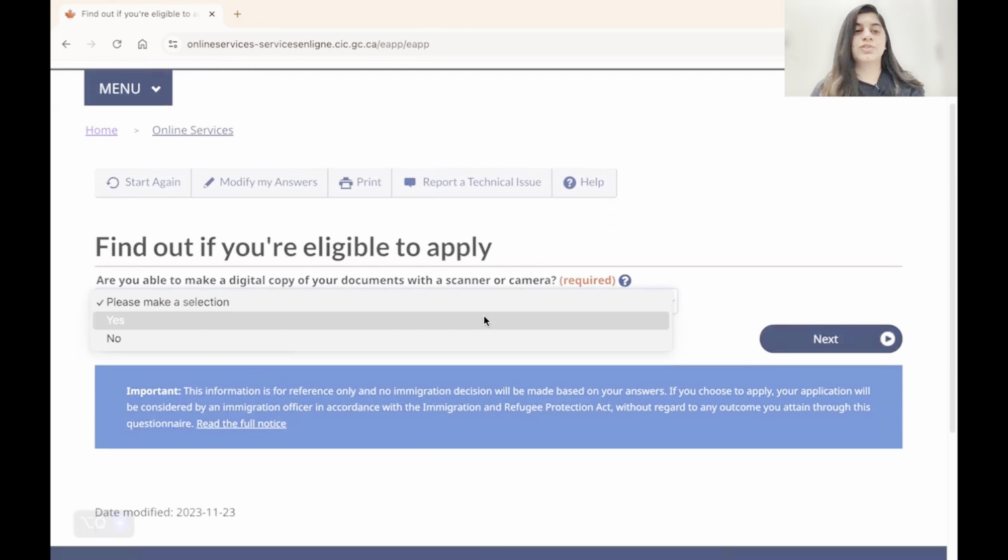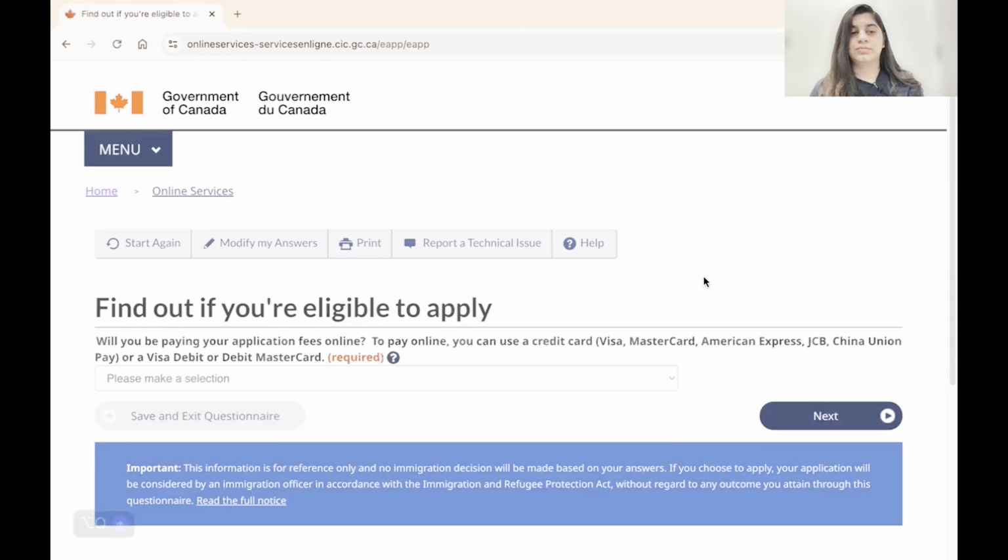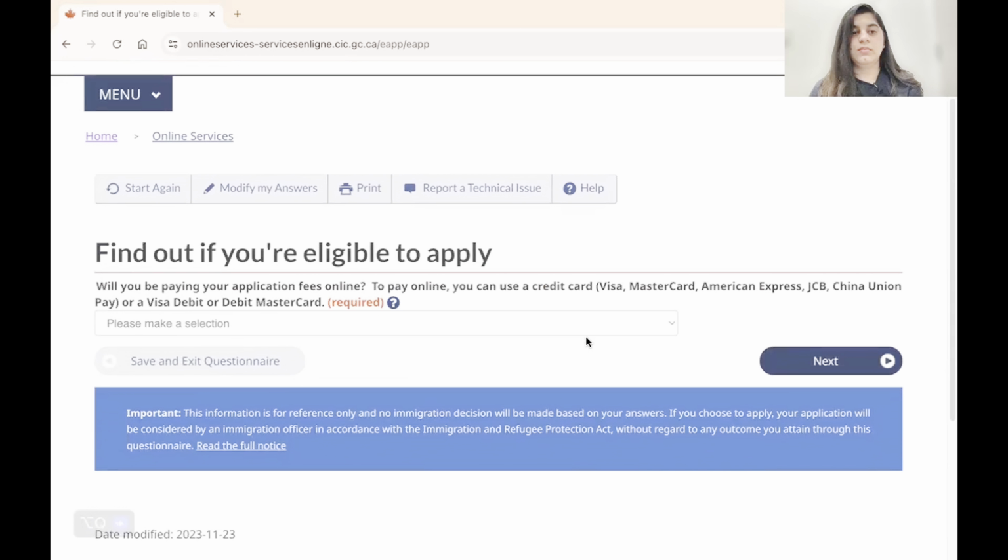Are you able to make a digital copy? Same, you can make the digital copy. If you have a printer, you can scan it on your printer. If you do not have a printer, you can just download Adobe Scan on your phone, and then you can scan all your documents and send them to your laptop. This is for Visa card, MasterCard, Amex card. So yes,